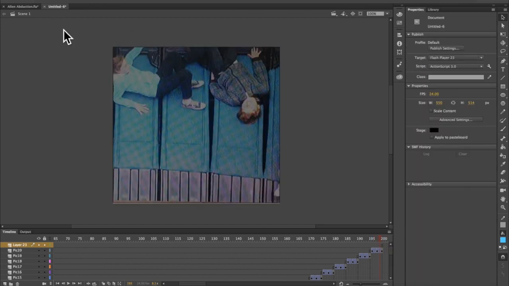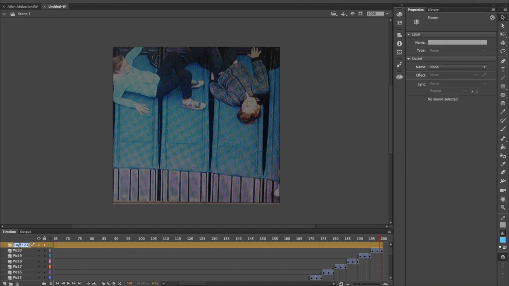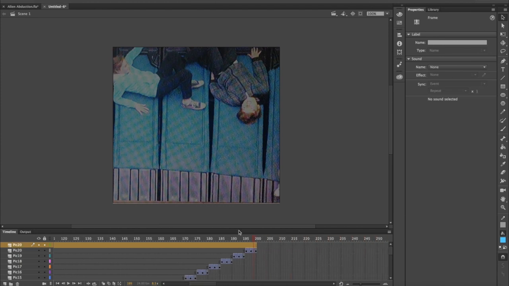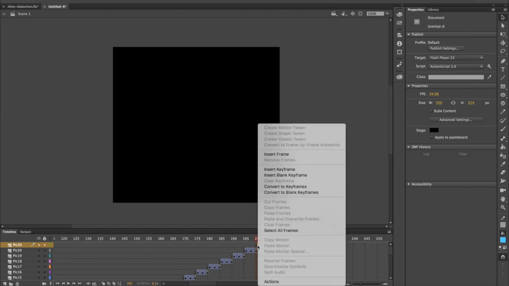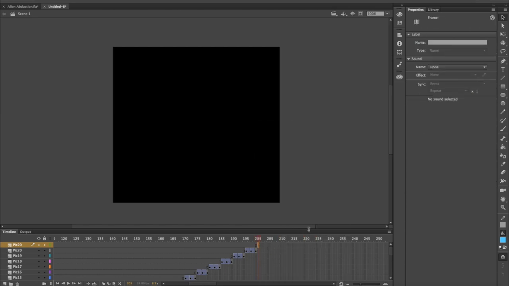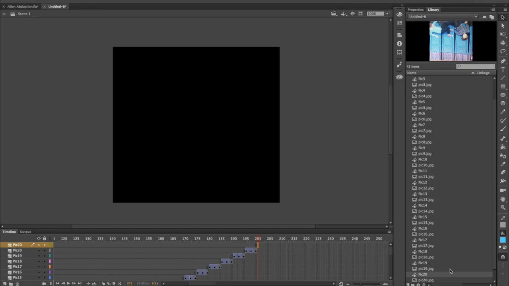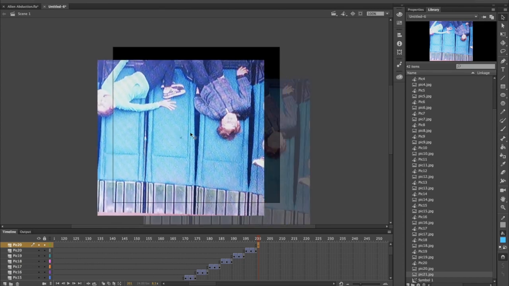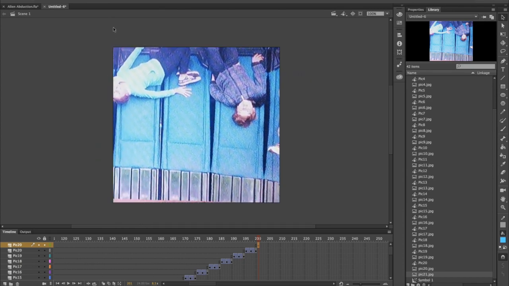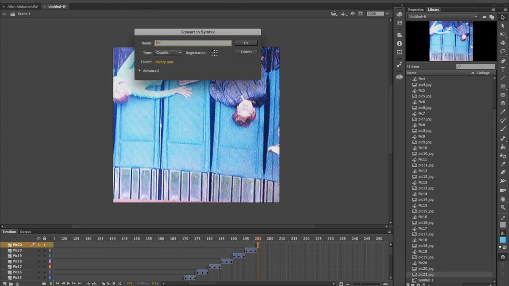Okay, one picture to go. Create a new layer. 20. Move this along so we can see what we're doing. Insert a keyframe. Grab our picture. Last one. 20. Oops, sorry. Picture 21. It is supposed to be. Go picture 21. Slide it in, modify, convert it to a symbol, pick 21,